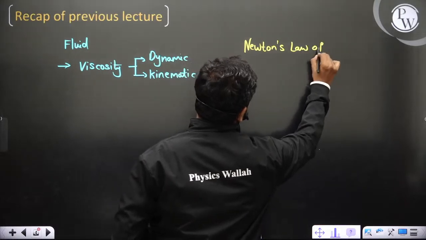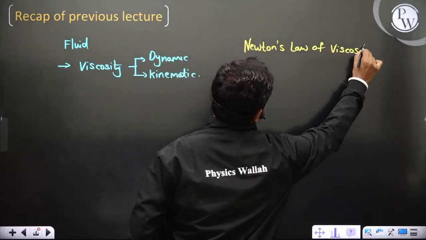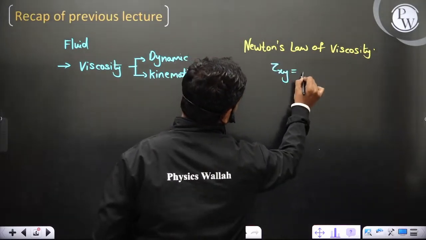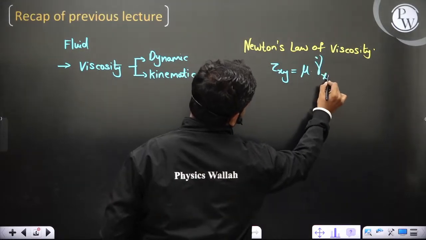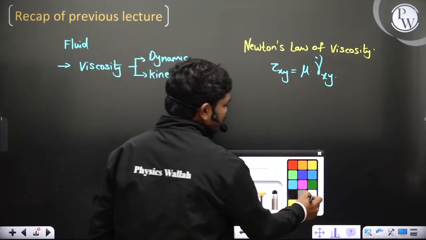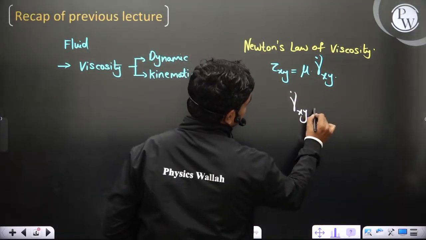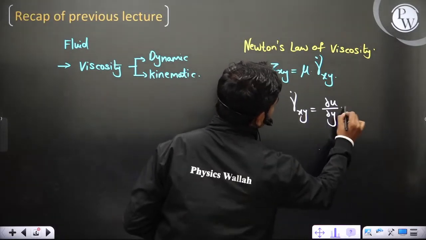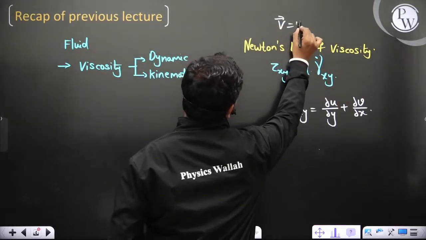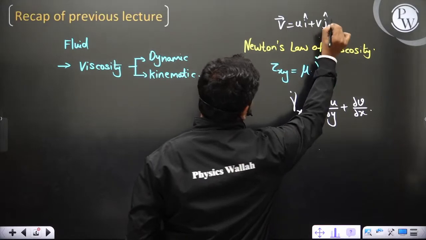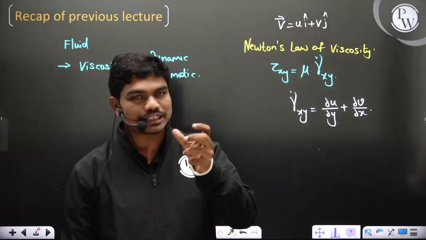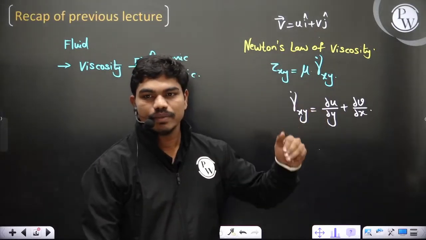Newton's law of viscosity: if a substance is flowing, then the shear stress at any layer is equal to mu times the rate of shear strain. This is called the shear strain rate, gamma dot xy, and in general gamma dot xy is dou u by dou y plus dou v by dou x, where if you take the velocity vector, the x component of velocity is u i and the y component is v j, for example. Then we saw that in some special cases this value gamma dot xy will be equal to